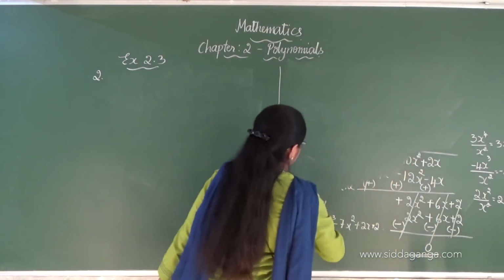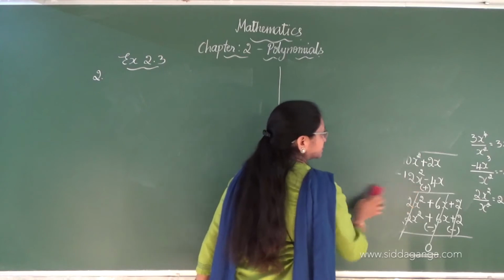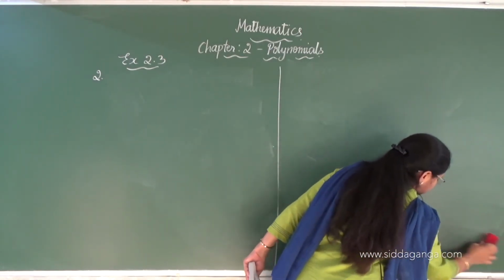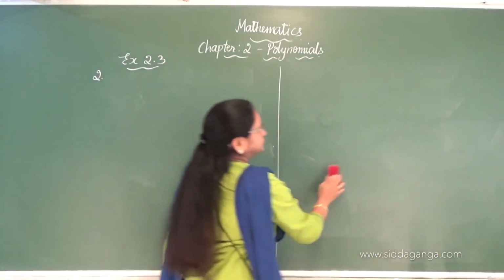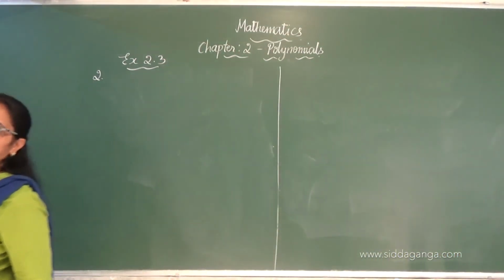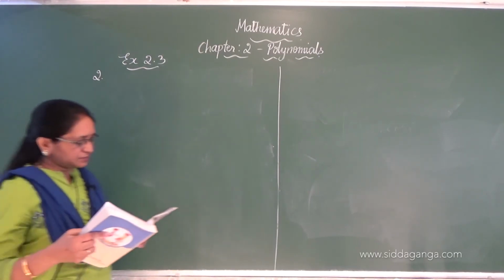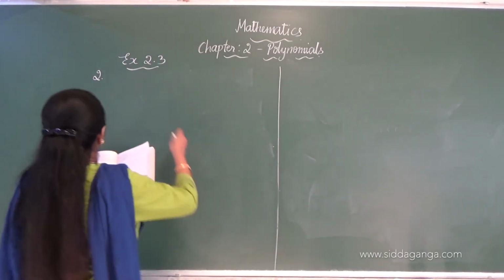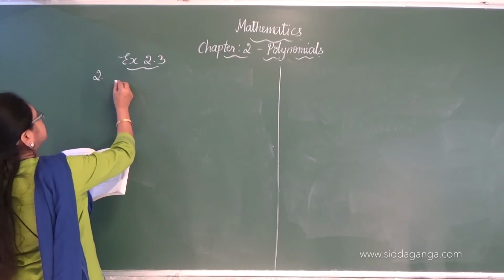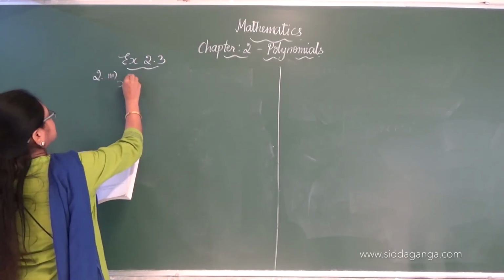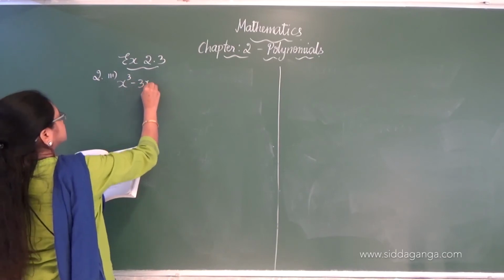I hope it is clear now. Third one. Okay, now third one. Third one: x cube minus 3x plus 1,